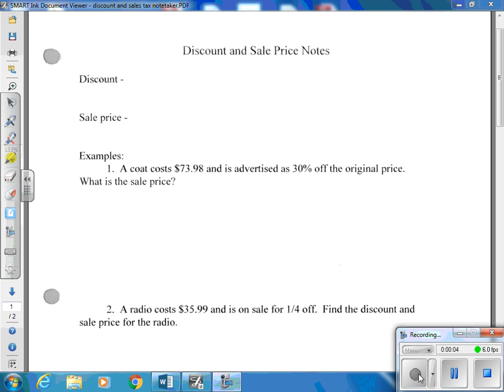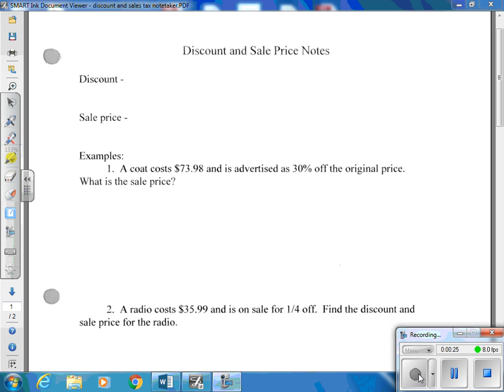Right, these notes are going to take you into the money part of this chapter involving rational numbers. So the percentages and decimals that we've been dealing with will now come into play with real life meaning to you because it is involving money. Right? One of the things we have to be able to calculate are discounts, sale price, sales tax, and total amount. So we're going to focus on just the discount and sale price part first, and then we'll switch over